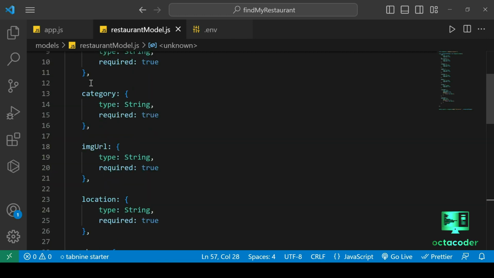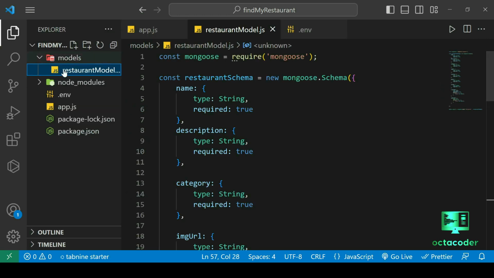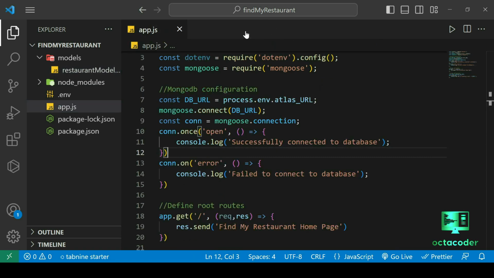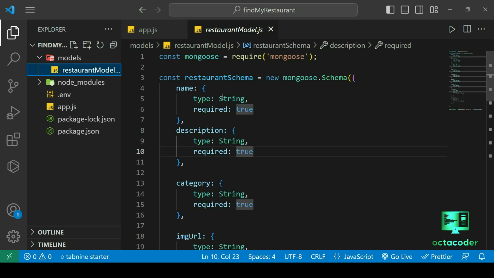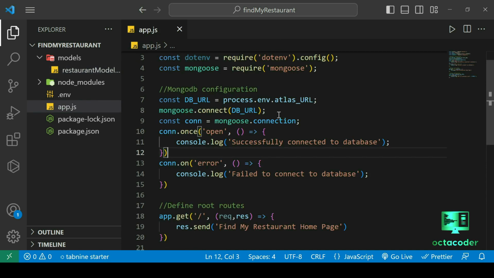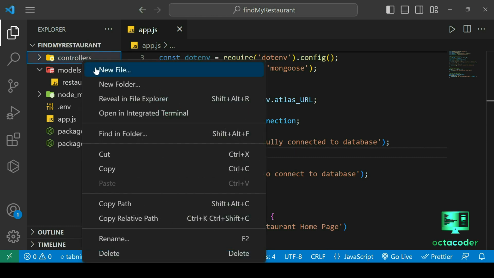Don't worry, I'm here to guide you. So now is the time to create our controller, the first API endpoint function, which is addRestaurant. Then we will do routing. If we don't have an API endpoint, then we don't need a route, right? So first let's create our RESTful APIs, which is the controller, and this API will be inside the controllers folder. So let's create a controllers folder here in our directory, and inside create